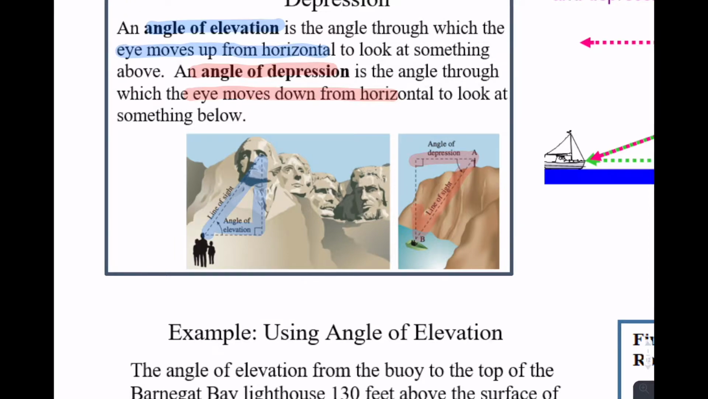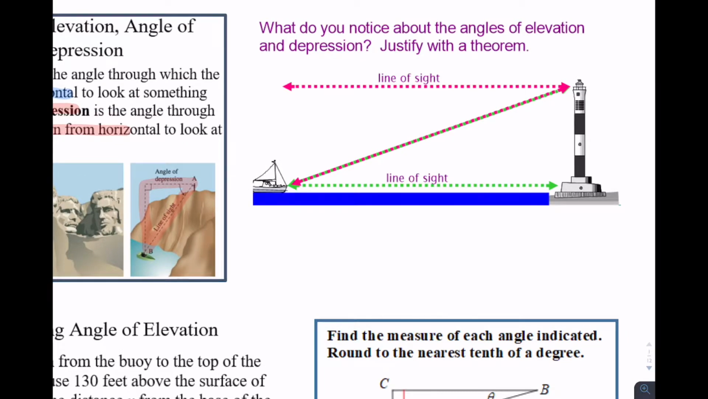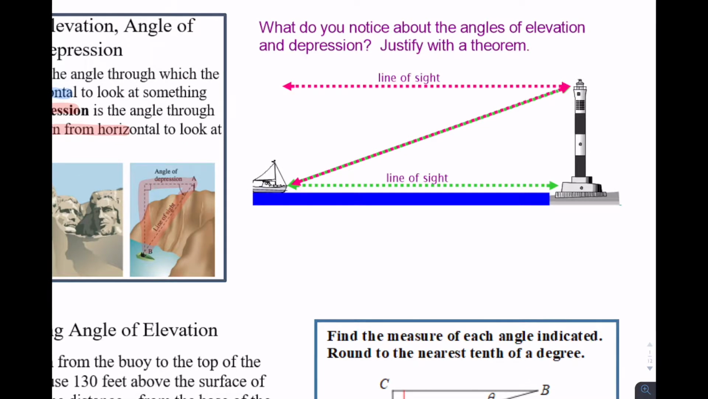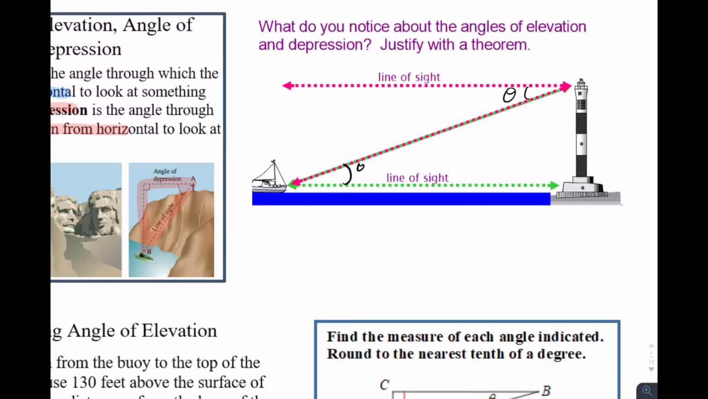So if you're on a cliff and looking at a boat down below, that's the situation that's going on right there. So then here's a question. What do you notice about the angles of elevation and depression in this situation? Well, if you're looking at each other, this angle is the exact same as that angle. So I would say they are congruent